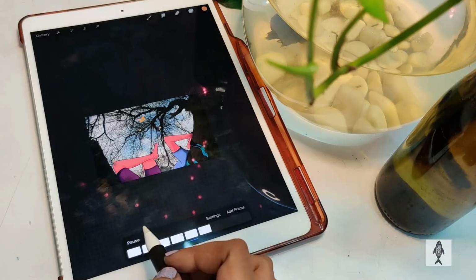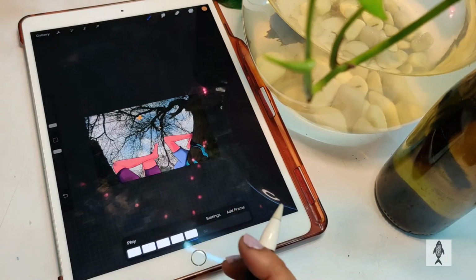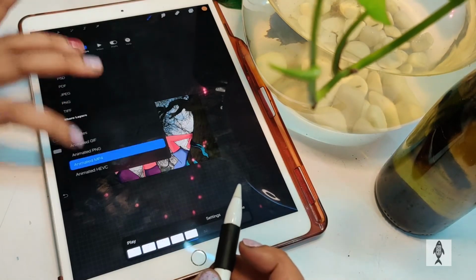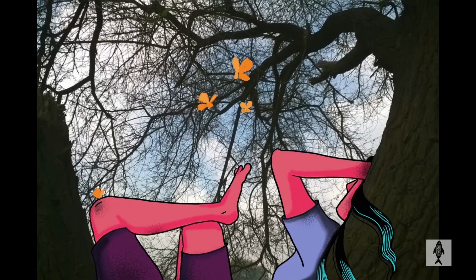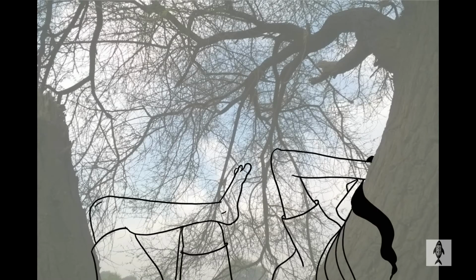To the animation, I am almost done with this. It looks nice. The butterflies also look nice and part of the composition. You can do it as well. You can take any photographs or you can download them from the internet and start animating.